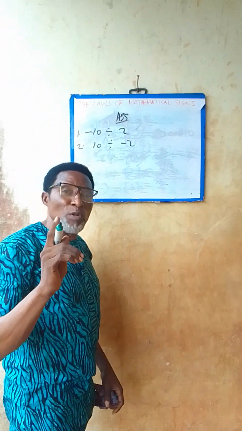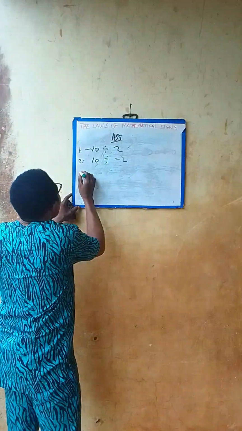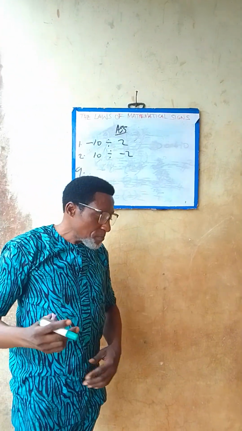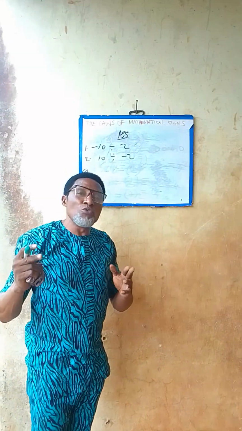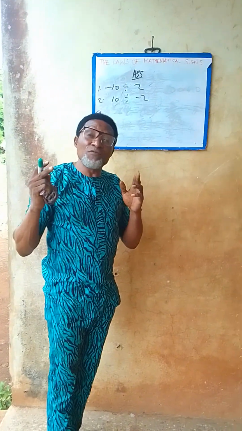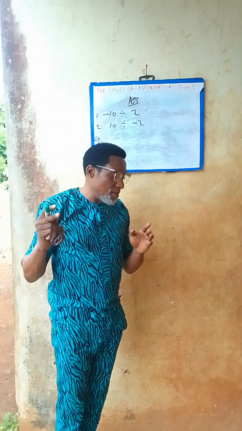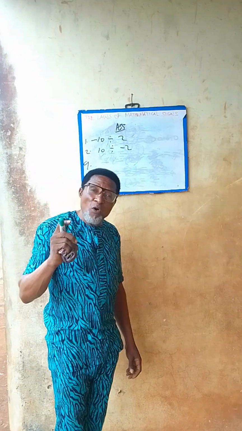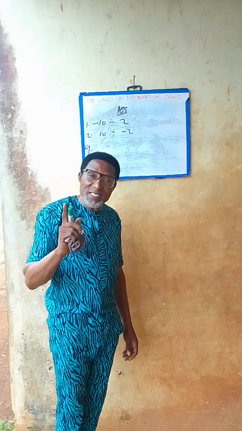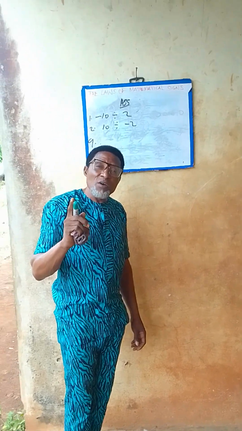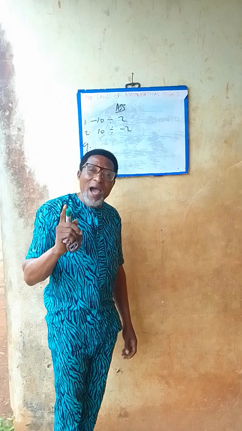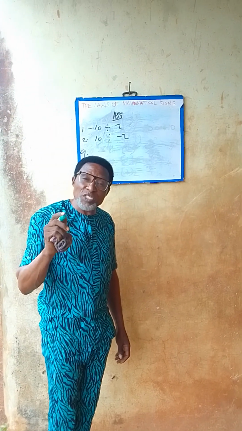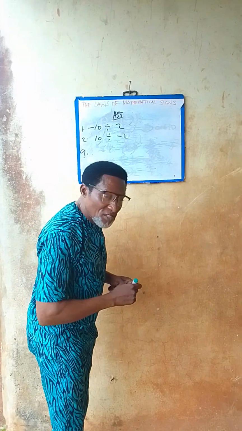So next we are going to be looking at law 9. Law 9 of mathematical sign states that if two numbers of different sign are subtracted, the result will be positive or negative. Law 9, I repeat, states that if two numbers with different sign are subtracted, the result will be negative, positive or negative. That is to say,